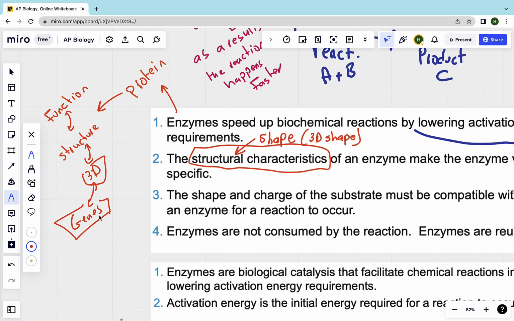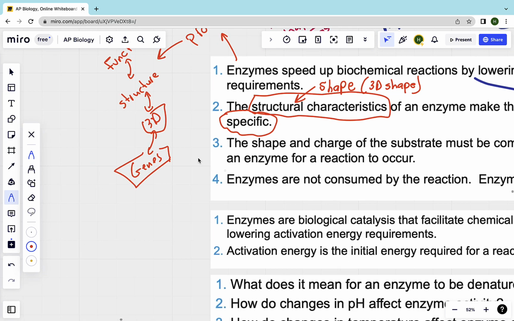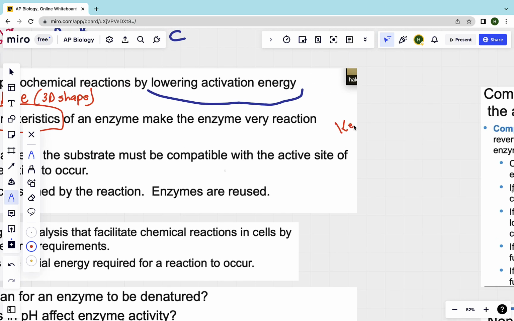Now, yes, it can be quaternary. Rare for it to be quaternary? Yeah, most of them are tertiary, because usually quaternary structures are complex proteins. So, when we say specific, it means there is one enzyme for one substance. You cannot use the same enzyme for different substances. This is like the ID, or simply we describe it as the key lock model. It means this enzyme